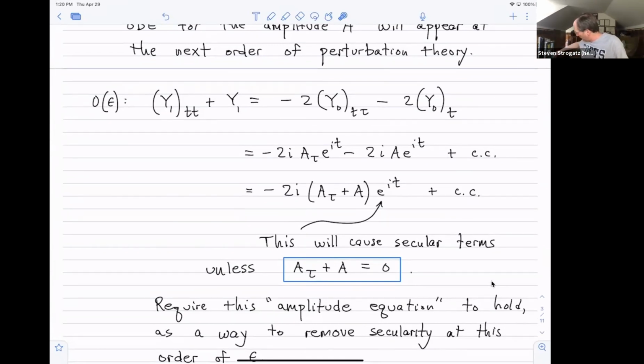Aha, my dog has arrived. Oh. All right, he likes perturbation theory. Yes. All right, just take it easy there, Murray. Okay, so